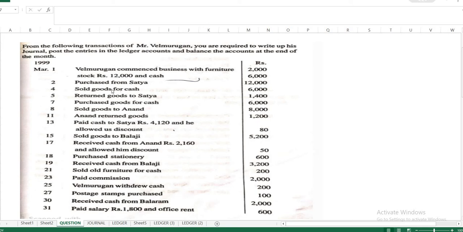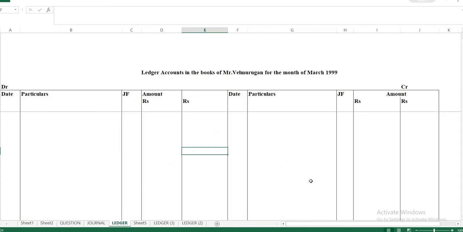This is our question. So we are going to prepare the ledger accounts in the books of Mr. Vale Murugan. You have to write this format: ledger accounts in the books of Mr. Vale Murugan for the month of March 1999. On the left hand side, you have to write debit. On the right hand side of your notebook, you have to write credit, and date, particulars, JF, amount, rupees,